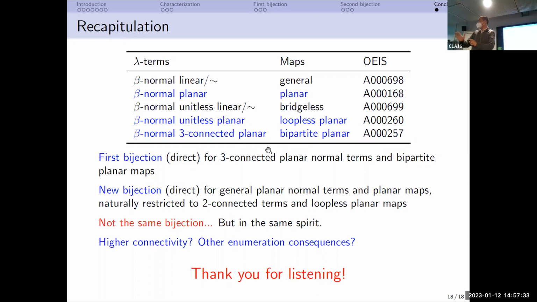Okay, very good. My question is, for planar maps, you can go to 4-connected and then 5-connected, and then it stops because of planarity. So does it make sense to have arbitrary k-connected linear terms or planar linear terms? Maybe not, but it depends on which notion of connectivity. Well, that's my question. I missed the beginning of the talk, and I shouldn't ask about things I didn't hear. But is the notion of connectivity equivalent to that of